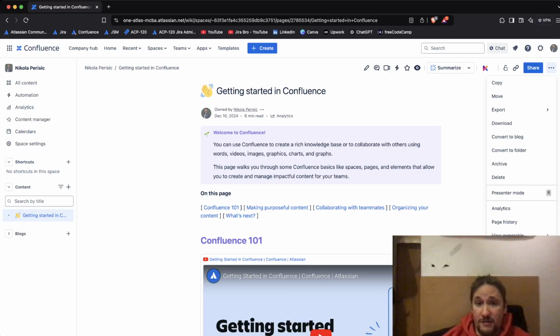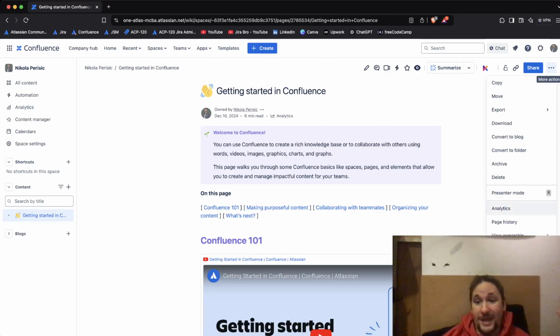When I archive it, it's not deleted, and the thing is, only your Confluence admin will be able to restore that specific page for you. Other than that, it's not possible. But that is better than to have it deleted. It's much better to actually have it archived. Okay. I also have